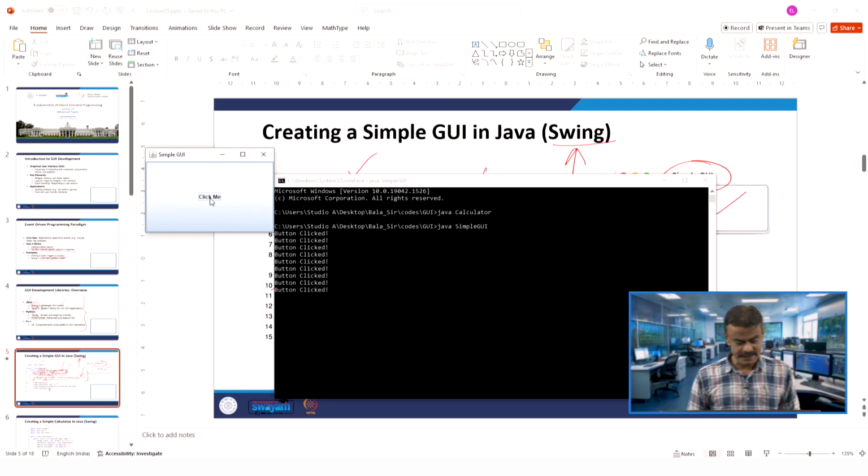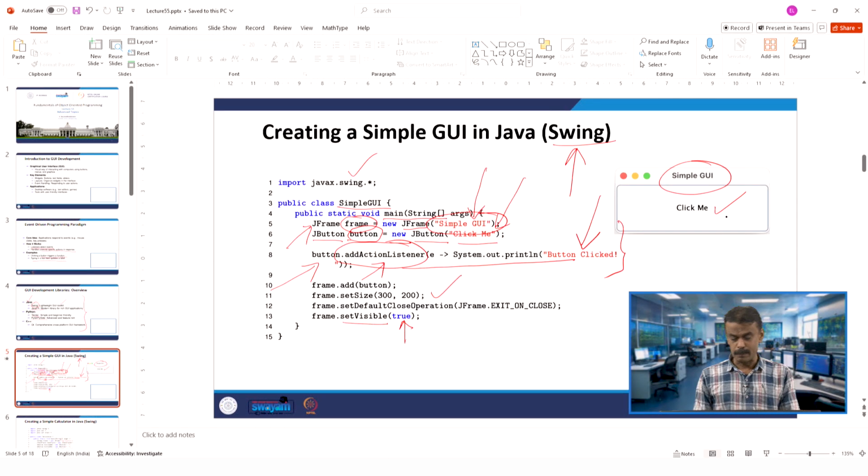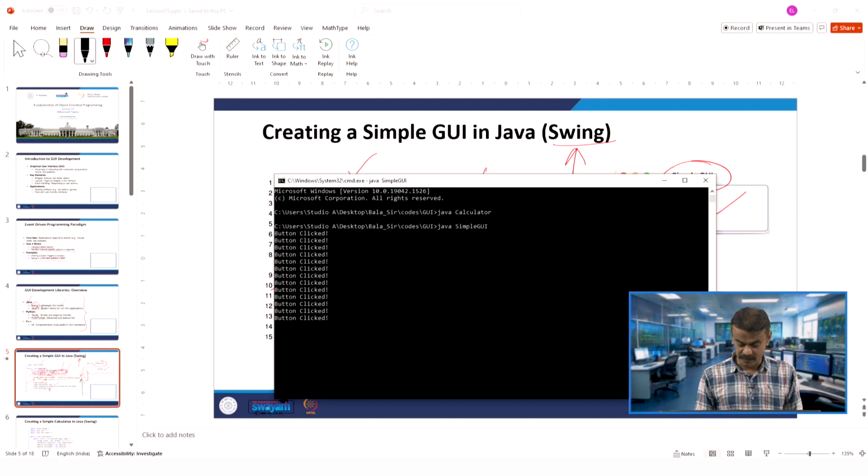So, when you click this, that is what I said, "button click" will be displayed. Whenever I click, you can see the button clicked. I am trying one more time, see, you are getting the output. So, this is exactly what I told. Whenever you click the Click Me button, the addActionListener, or event listener, responds and the button click will be displayed. In fact, we had seen this, you can see the output.